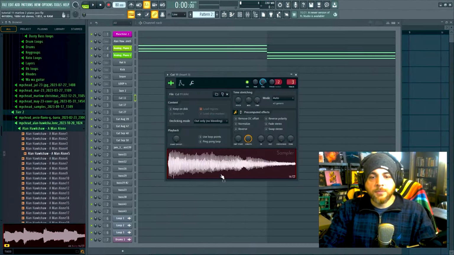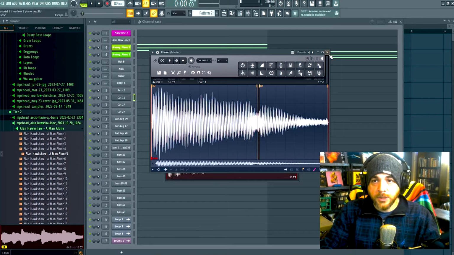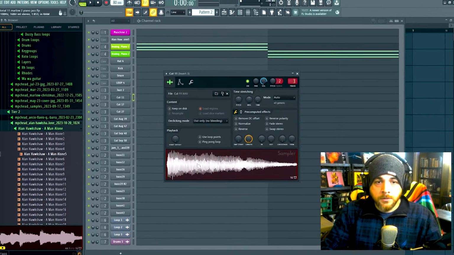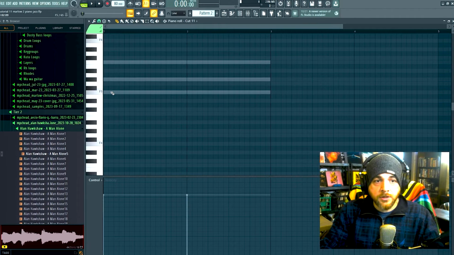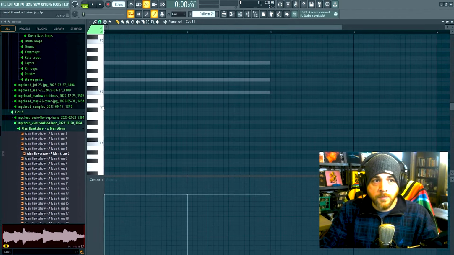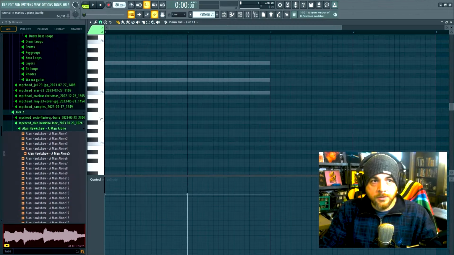Let's just take this sample for instance. And we can plainly see here, this is in the key of B. So you want to be in the key of F. So you go here to your keyboard, find the B key. Up here, you're going to see there's a readout that shows you what key you're on. So I'm on B right here. Count how many keys